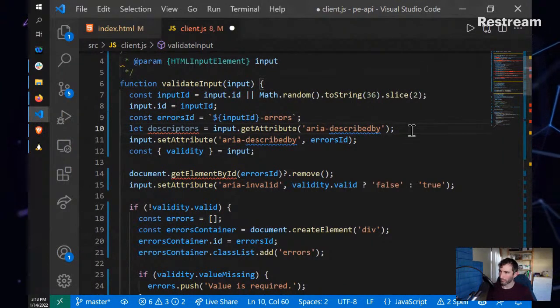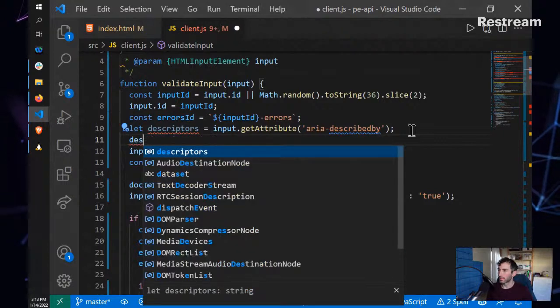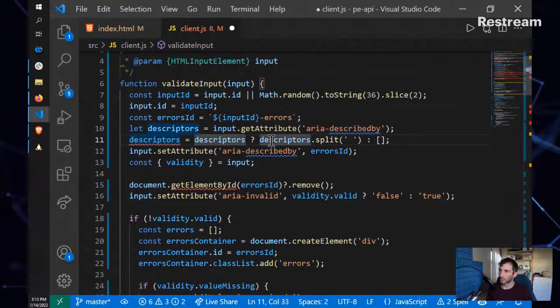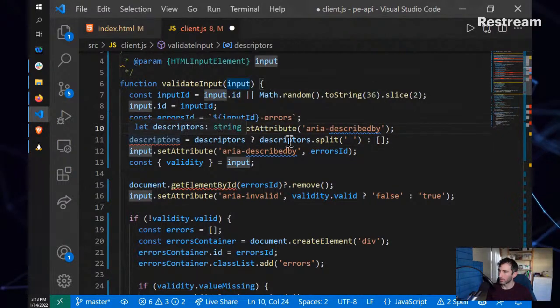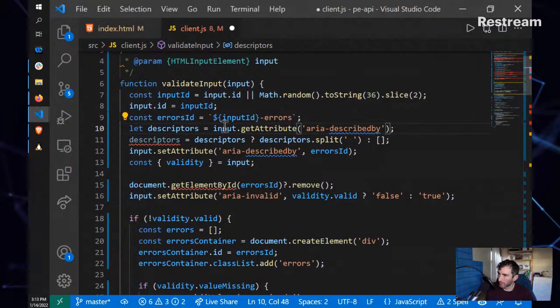Okay. And then we'll say that descriptors equals descriptors, if it exists. So what we're going to do is use split here. For an input that doesn't already have an aria-describedby attribute, this is going to return null, I think,